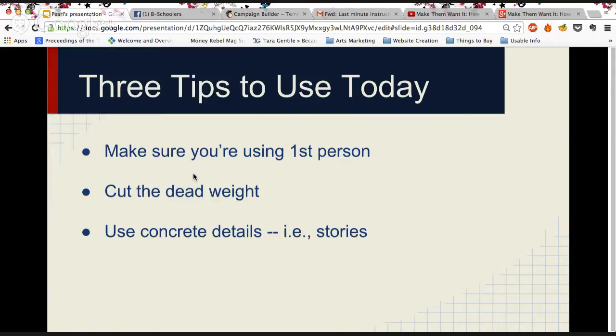Cut the dead weight. There's a lot of ways to think about this, but I often think of, if you hire somebody to work for you and they are not working, then you want to either reshape what they do, you can retrain them, or you might want to get rid of them. And your language is the same. Language has to be functioning to do something, and you may not always be aware of what it is exactly. But it has to be pulling its weight and doing its job, or it goes.